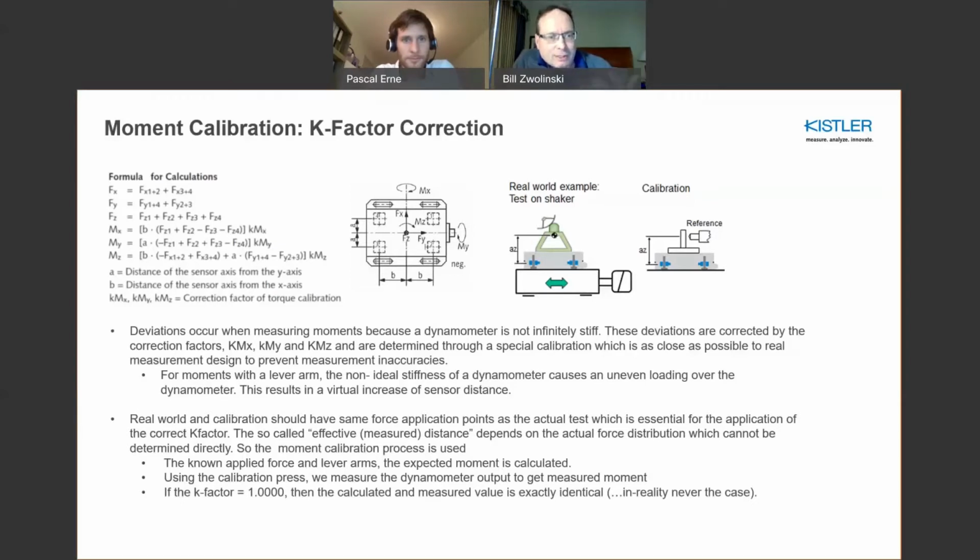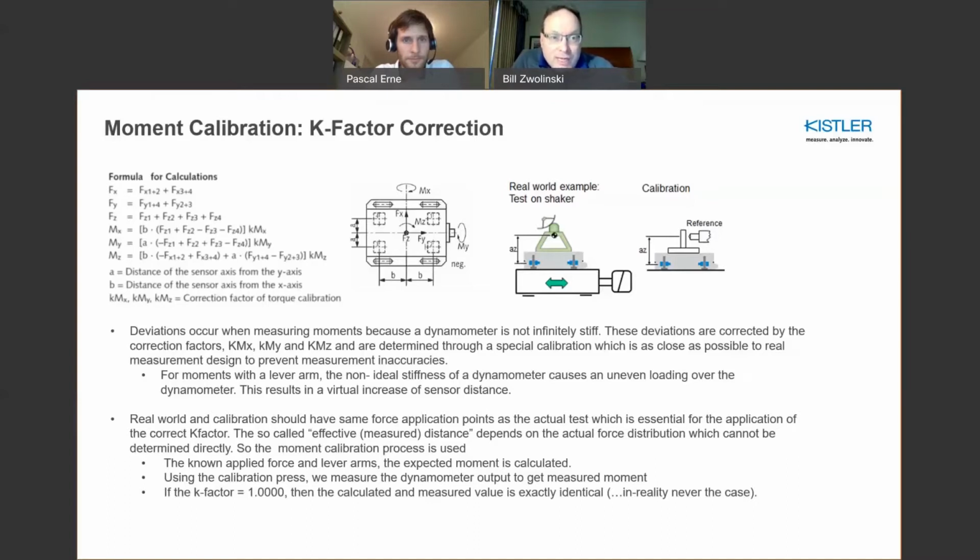If you're interested in 6 degrees of freedom or 6 components, there are some other considerations. For example, if you had a test article with, I don't know, a couple feet or 0.2 of a meter type height, you might be interested in doing a custom or a specific moment calibration